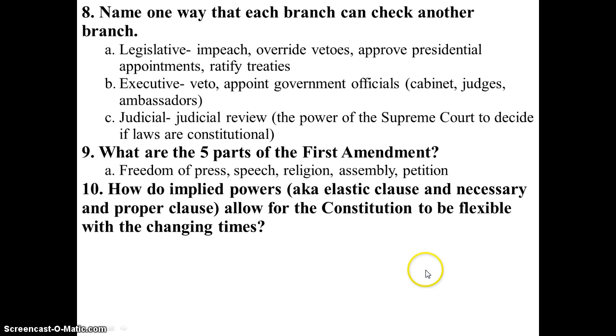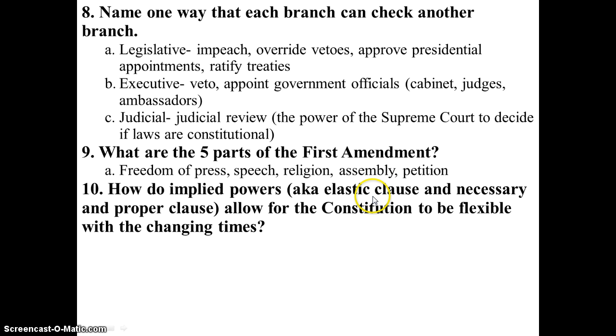Okay. So in the last slide, when we were talking about federalism, we said there's concurrent, reserved, and delegated powers. Well, there are these other super nifty powers, and they're called implied powers. Because we like to make things as complicated as possible, the implied powers are also known as other things, like the elastic clause and the necessary and proper clause. I would love to just have you know those two, because honestly it's a little bit easier.